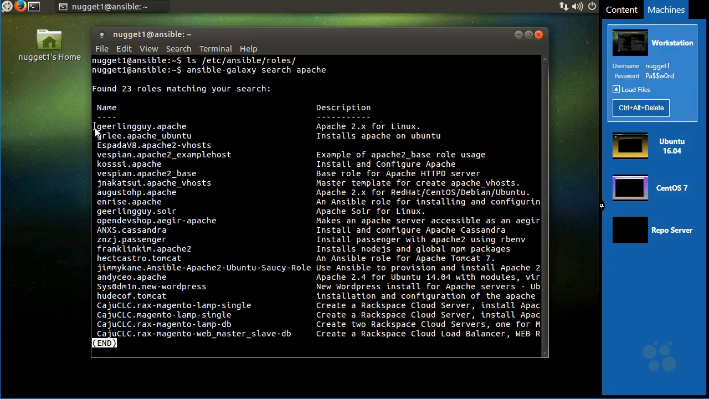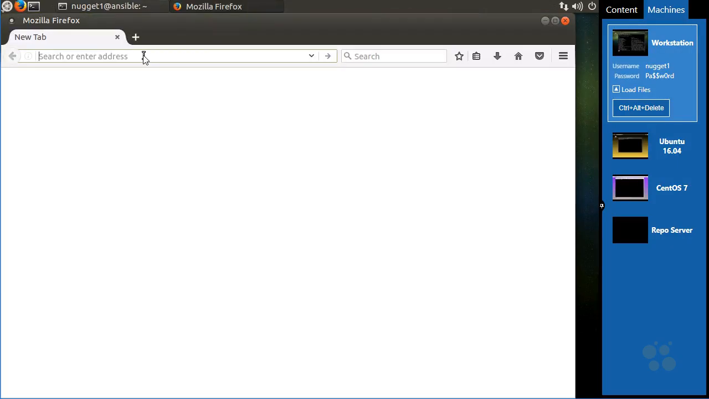Apache 2.0 for Linux is this role here. I usually don't like to do this unless I recognize a name like Jeff Geerling, the geerlingguy username. I know that his stuff is going to be really reliable. But usually I will not use this to search for packages. So I'm going to press Q here. Usually I just open up a browser, go to